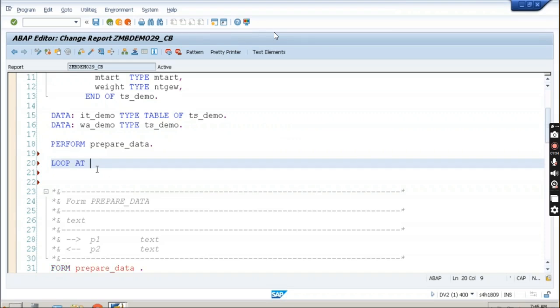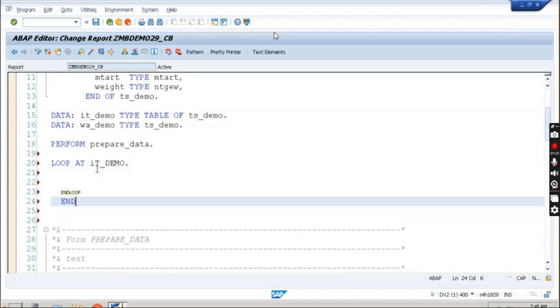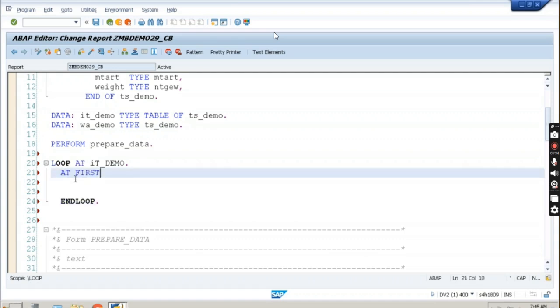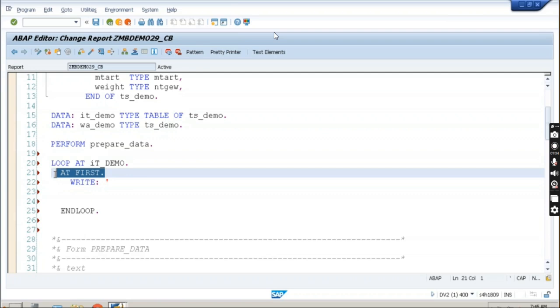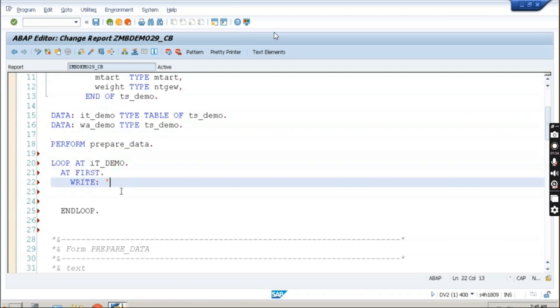Loop at it_demo, and then end loop. Okay, so at first I'm going to just tell you how the control is going to work over here, and in the business scenario, whatever scenario you get, and if you have to process the first record only, you can